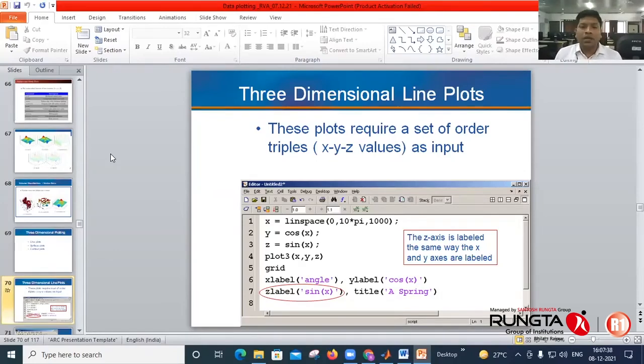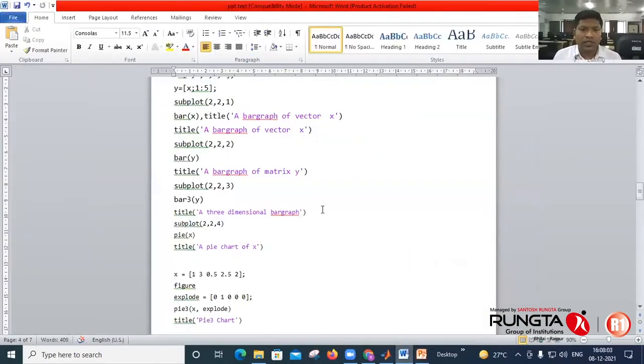While plotting it, instead of plot, type plot3. Plot3 is for a three-dimensional plot. So if you type plot3 with the variables x, y, z, it will create a three-dimensional line plot. This is one of the examples which is on our screen. I have already typed the code, so I will put the code directly there.